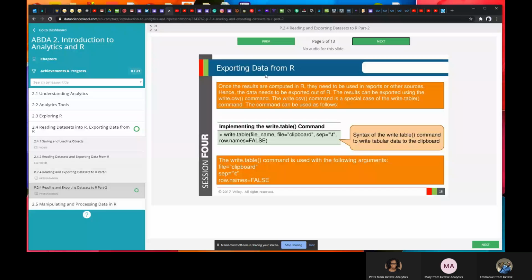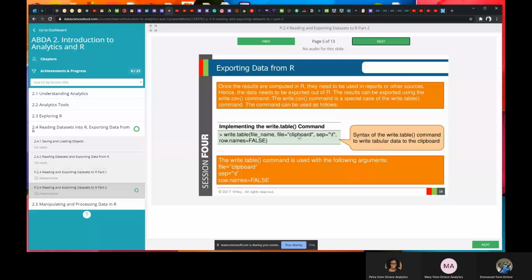Also, exporting data from R. If you are importing data into R, you use read.csv, read.table, and all of that. But if you want to export, you use write instead of read. So if you are using a table, you can say write.table and put in the file you are trying to export, and put inside this space the name of the file you want it to be, in the format in which you want it to be exported.